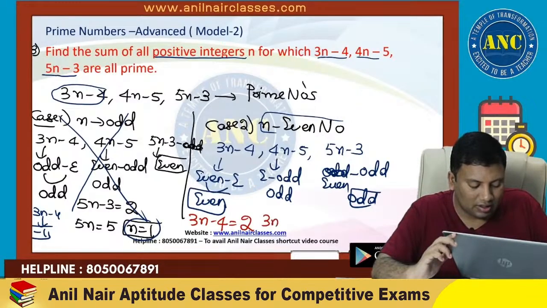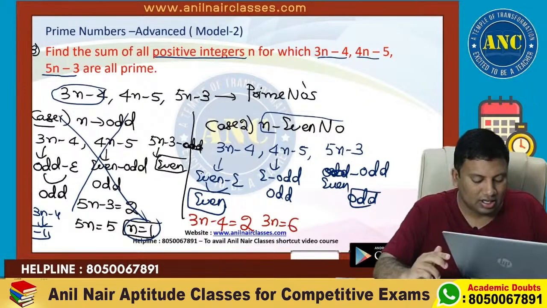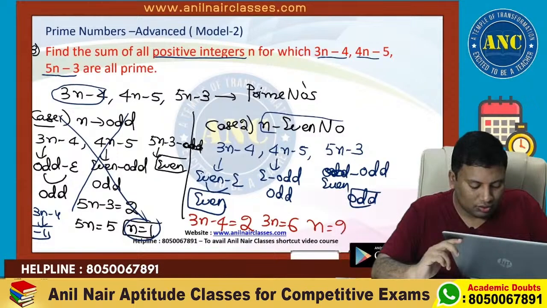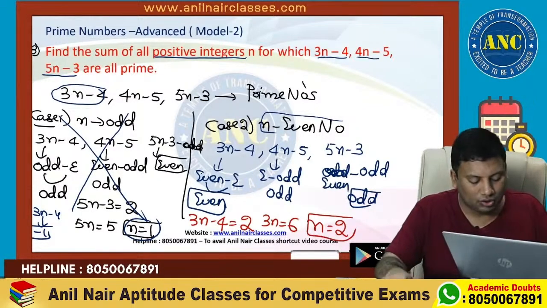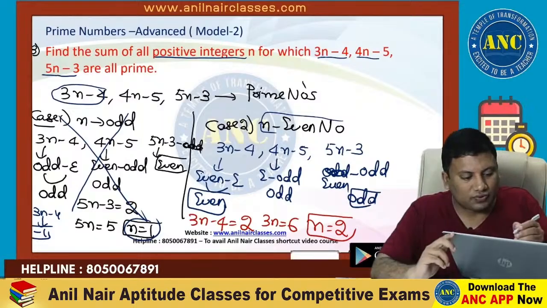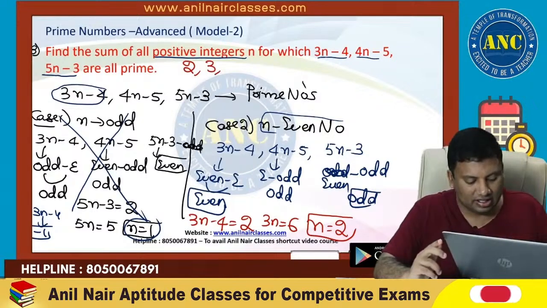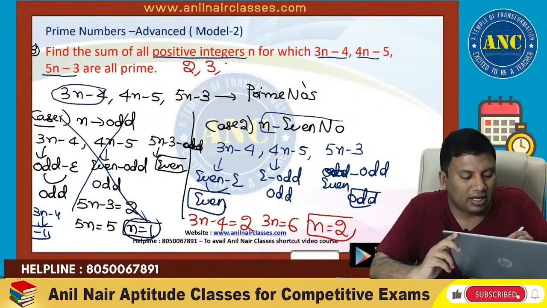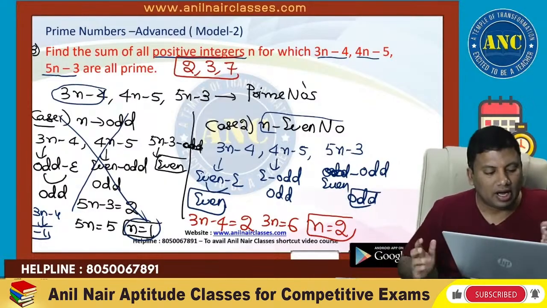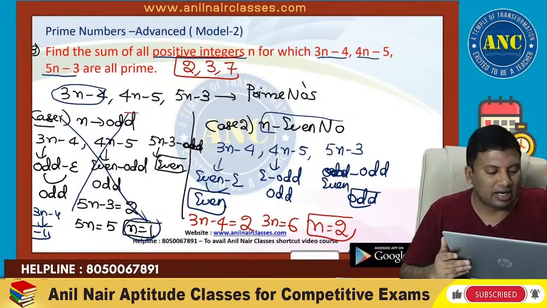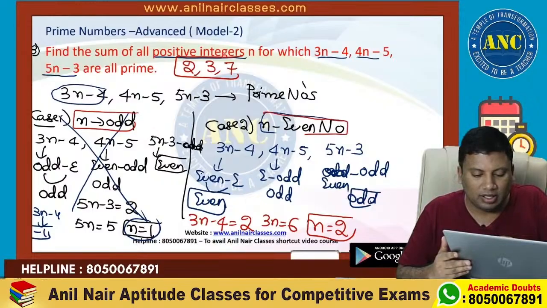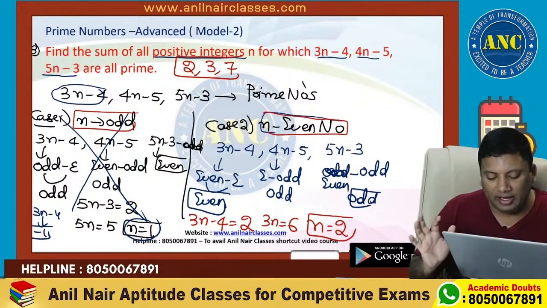So 3n equivalent to 6, n equivalent to 2. Check it out, if n equivalent to 2, it is satisfying. 3 2s are 6, 6 minus 4, 2. Yes. 4 2s are 8, 8 minus 5, 3. Yes. 5 2s are 10, 10 minus 3, 7. 2, 3, 7, it is possible. I hope it is clear. I took two cases: n is an odd number, n is an even number. If I take an even number,